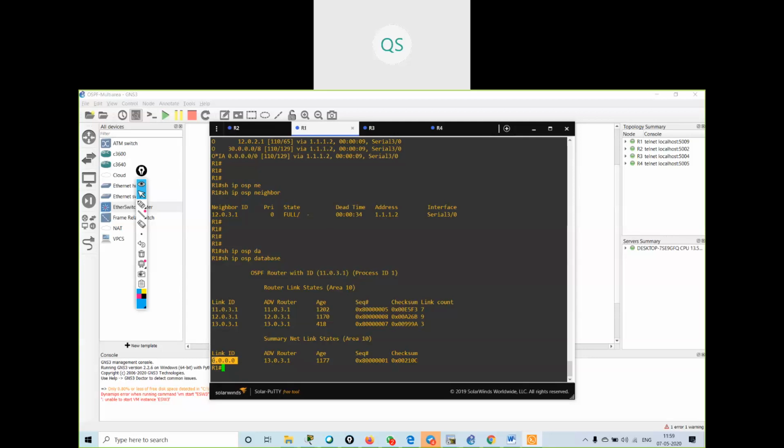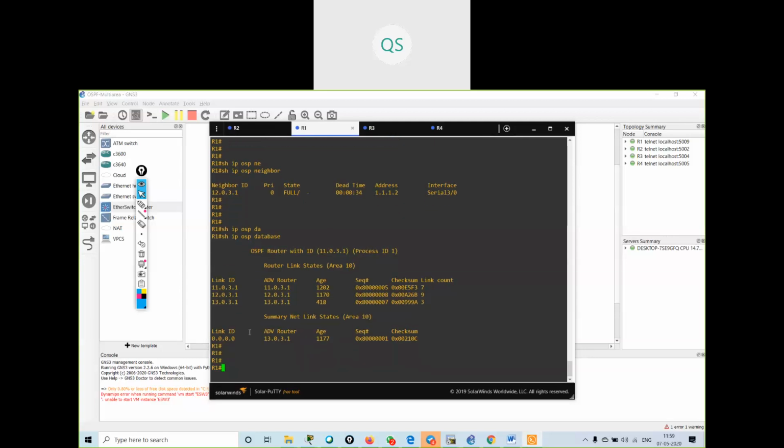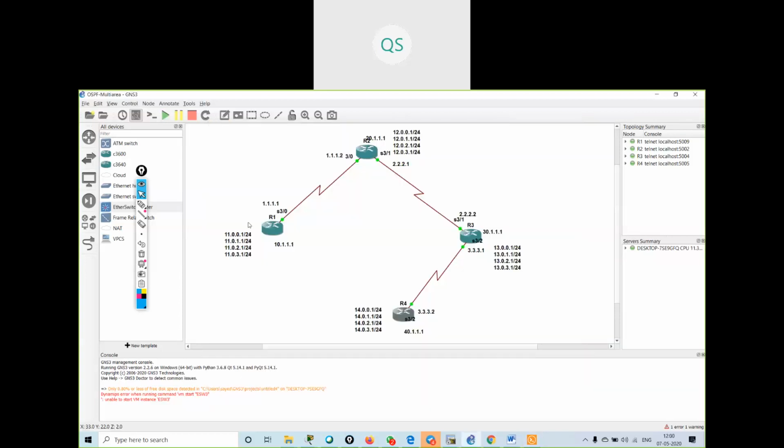So if the routing table is getting affected, the database table will also get some effects, but I will be only having one route. Now I have to go to this router, 13.0.3.1.